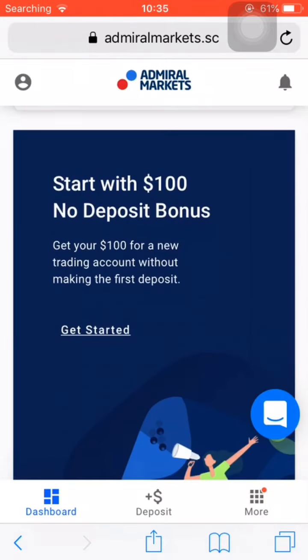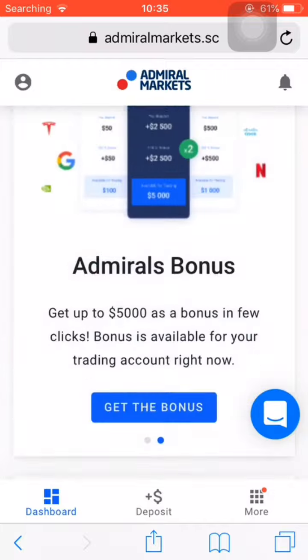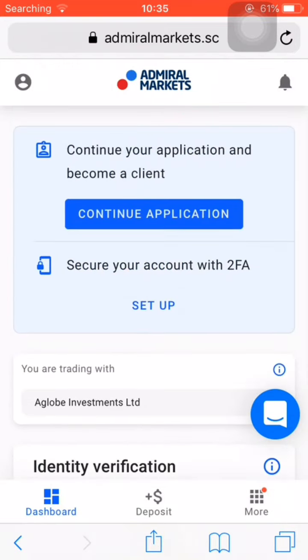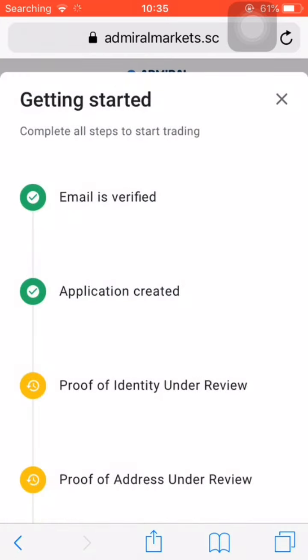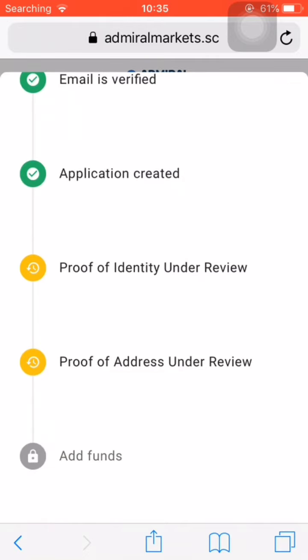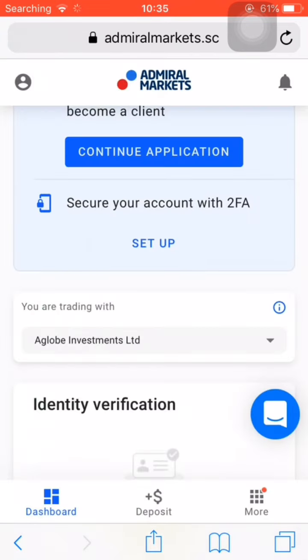You can see the website has a really nice interface, and it's looking very beautiful, guys. If there's something you haven't done, just click continue application here, and it will take you here. As you can see, my email is verified, application created, and proof of identity and proof of address are under review. And for add funds, I mean, when you receive the 100 no deposit bonus, guys,